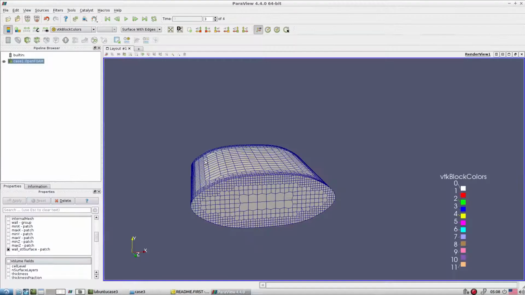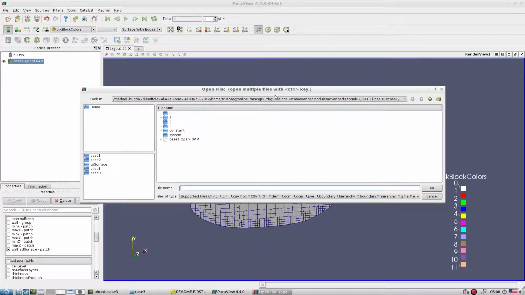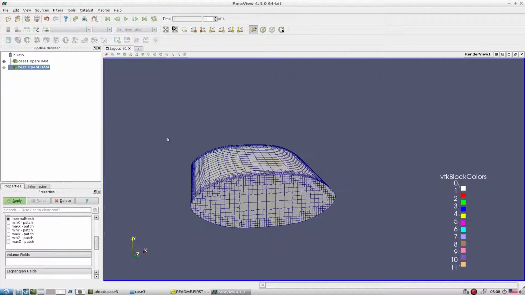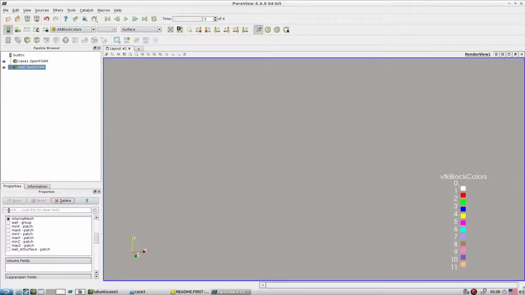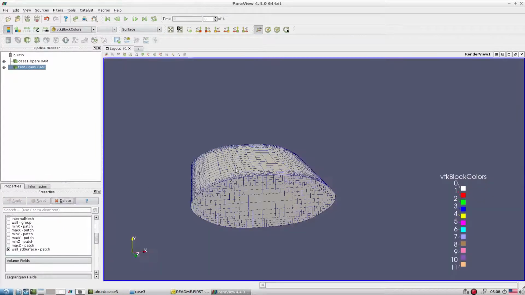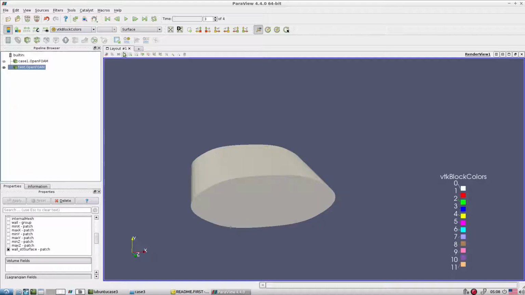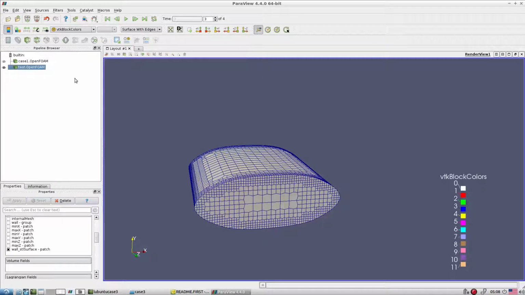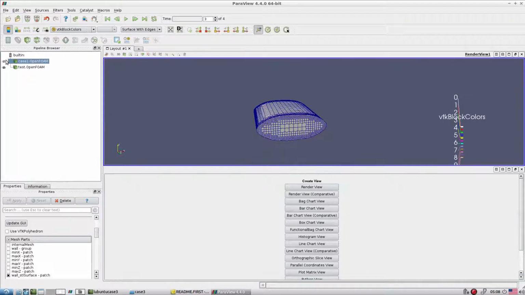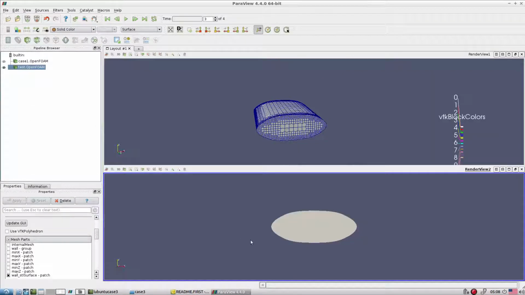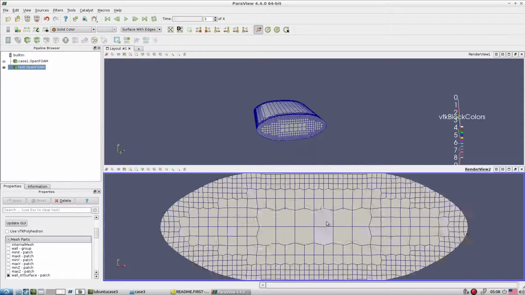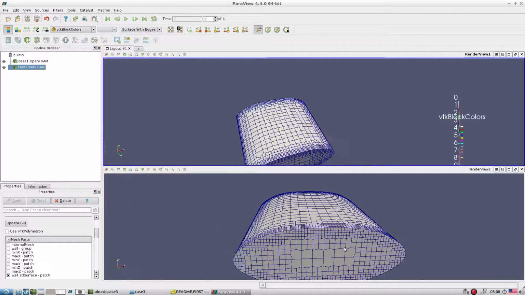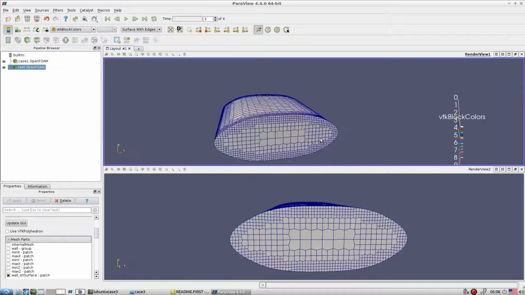So case number 3. Okay, so let's open from the previous tutorial case number 3. Go to the last value and check things. Okay, so this is what we have here. So this is the last entry and this is the current one. So here let me open the current one, and here let's open this one. Okay, so look, they are almost similar types of mesh, but here we have a little bit better refinement.